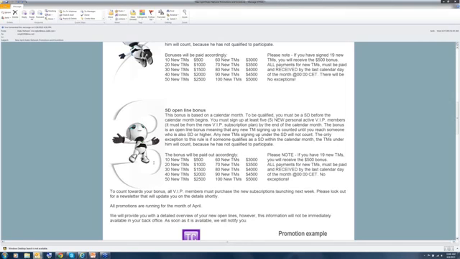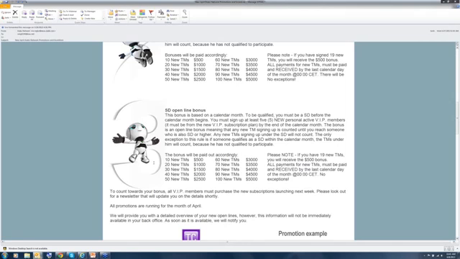Same situation: when you get 10, you're going to get $500. 20, it's a $1,000 bonus. 50, it's a $2,500 bonus. 100 comes in, it's a $5,000 bonus. Now again, if somebody qualifies as a sales director in the month on the fly, even though they're a sales director now in terms of pay, you still count all of their people for your open line bonus. Now, the numbers need to be hit, by the way.